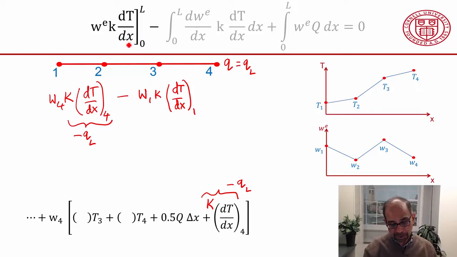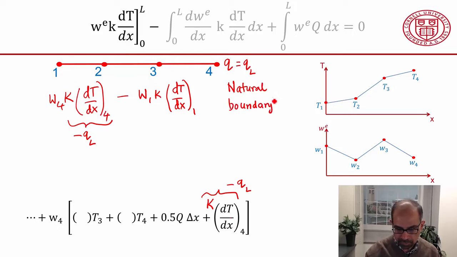This means that because the gradient at the boundaries appears naturally in the weak form, when you have gradient boundary conditions like heat flux, or when we go into structural mechanics, the gradient boundary condition is the traction or the force, they get naturally incorporated into the algebraic equations. And for that reason, this kind of a boundary condition is called a natural boundary condition. And natural boundary conditions involve